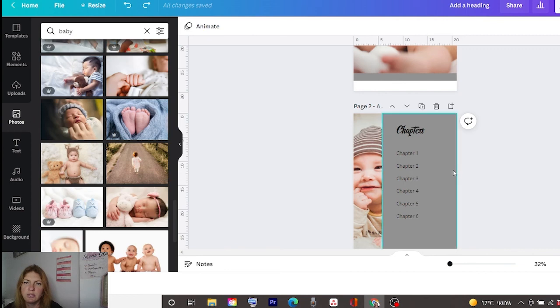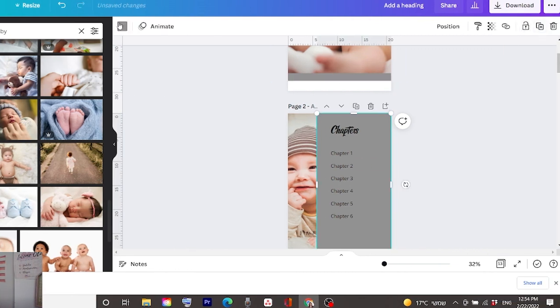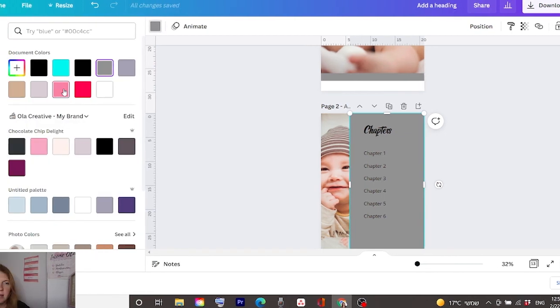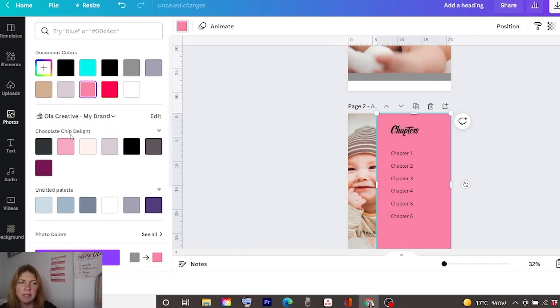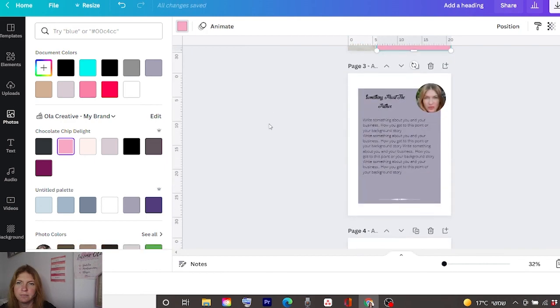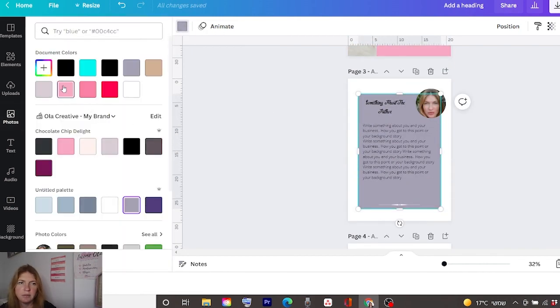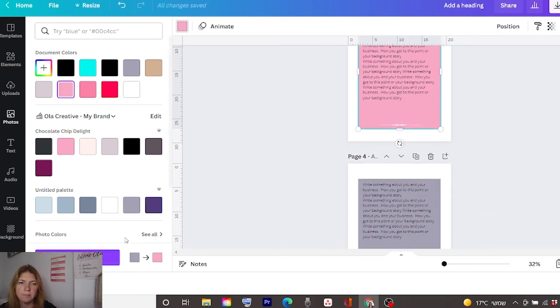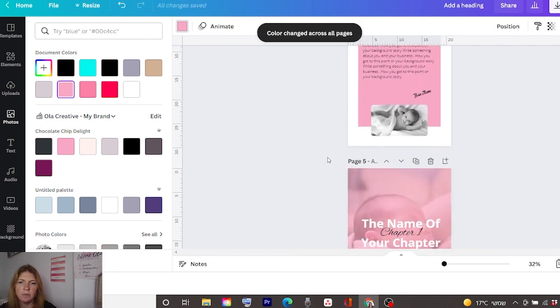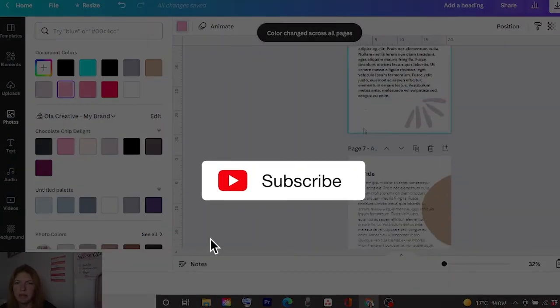Let's say we want to change this one to pink. It's a different gray, by the way. Let's unlock it, of course. Click on this gray, and let's click on this pink or even lighter pink. And this is how you change your colors. So let's go to this color and change it, and change all grays to this light pink. If you click on that, you will see all the grays that we used now change to this light pink,